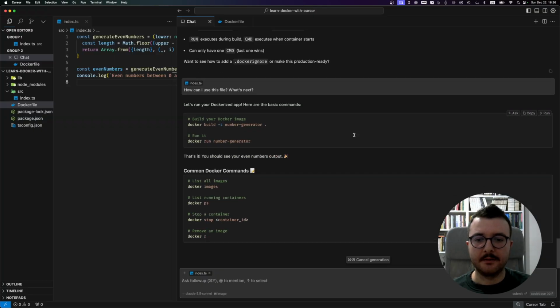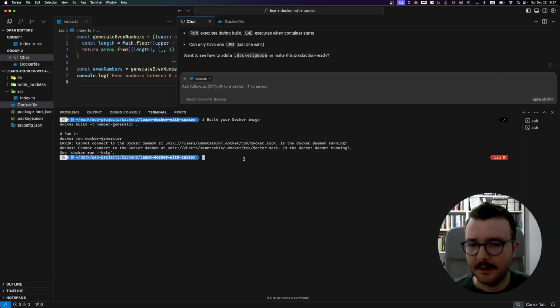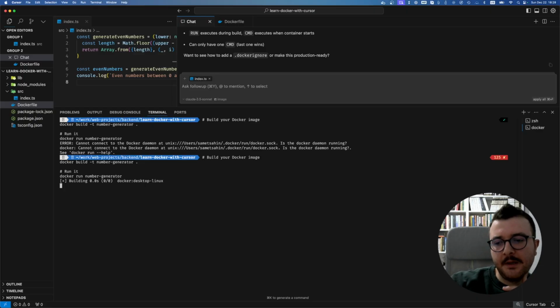Run your Dockerized app. Okay, docker build. Let's try this. You have to have Docker installed for this. I already have it, so I will use it. And here you can also run commands in Cursor. Run. All right, so the Docker daemon is not running. I have to run it first. Try again. All right, docker build number-generator, and it's building my Docker container,